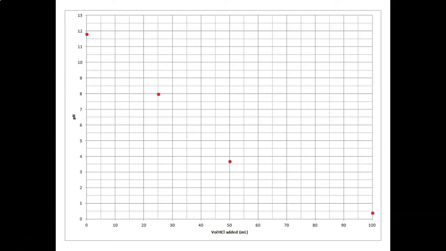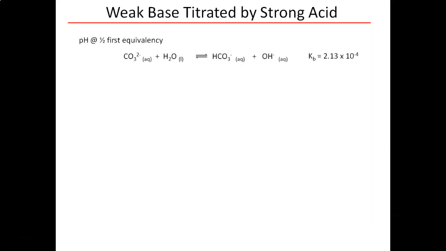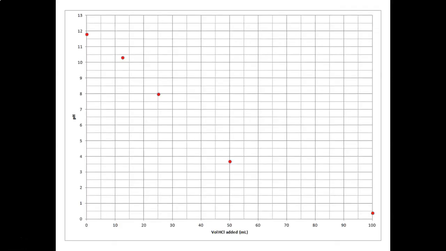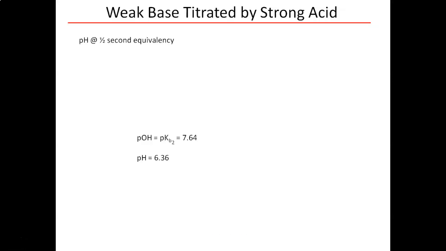So now I need my pHs at half equivalency points. Okay, so pH at my first half equivalency point, we can substitute. And we know because of our previous examples, my pOH is going to be equal to my pKb1, which would give me therefore a pH of 10.3. And then my pH